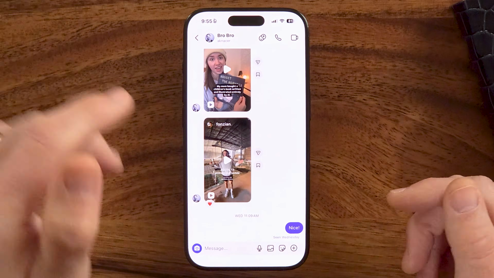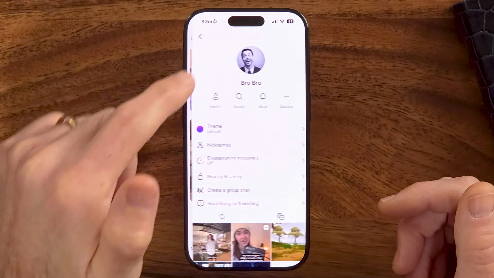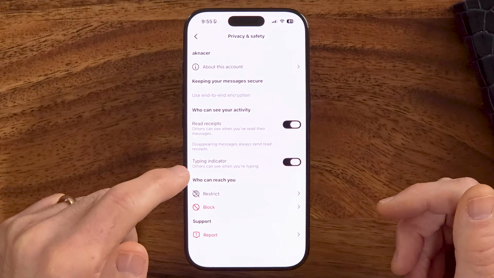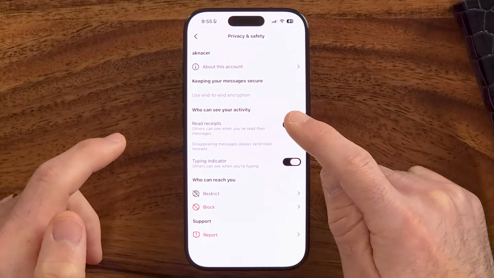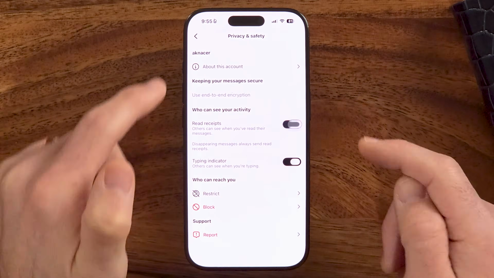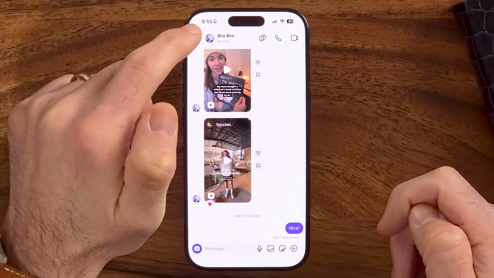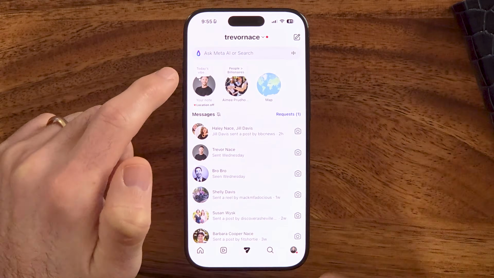You can turn that off for an individual or across the board on all of your DMs. To turn it off for just this person, you can tap at the top, and from here, you can always just toggle off that read receipt. However, let's say I wanted to, instead of doing that, turn that off across the board on all of my